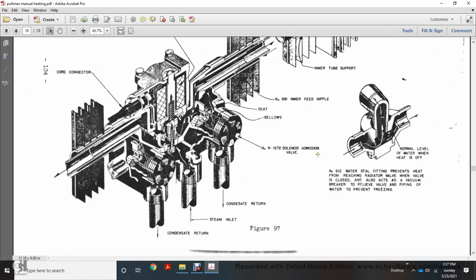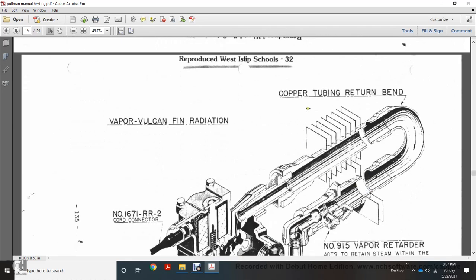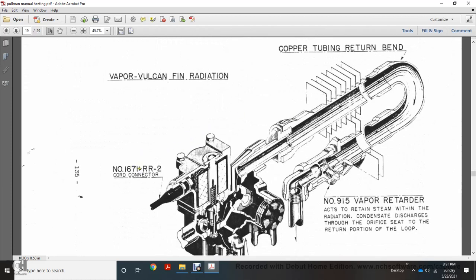Normal level of water when the heat is off, of the 9112 water seal fitting, prevents the heat from reaching the radiator valve when the valve is closed. Also active with vacuum plunger relief valve, with the piping over the water to prevent freezing. The copper tube return band of the vapor valve fin radiation number 1671 RR2